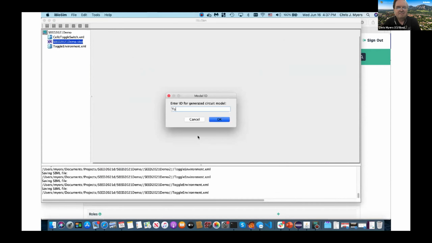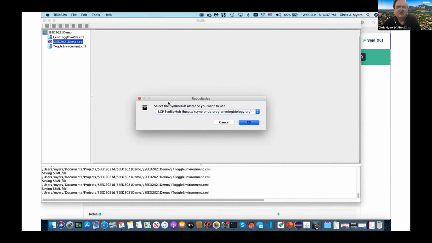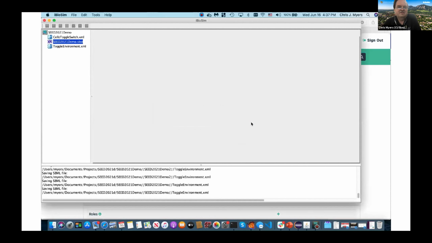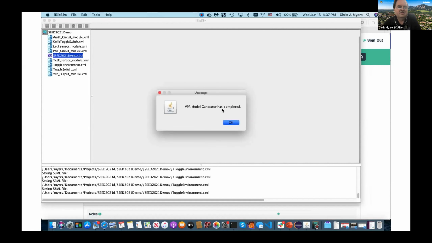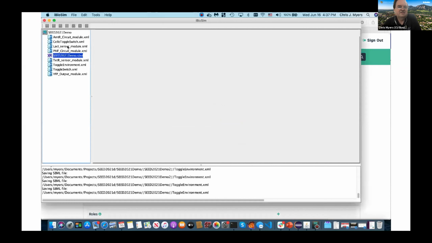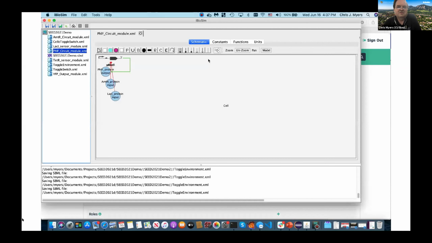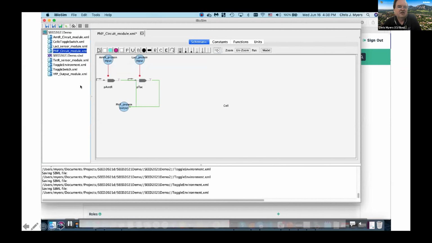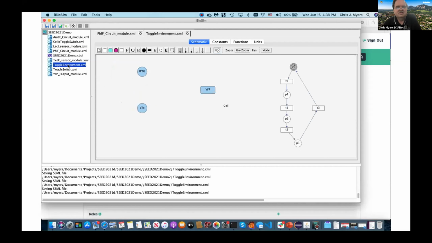Give the name to my model. This is where I want to get the interaction and modeling information. It's from that SynBioHub instance. So it's fetching all the interaction information in this design. And it's building a computational model and encoding it into the Systems Biology Markup Language, a data standard for modeling, or SBML. So what it's done is it's determined that there's these 5 different circuits. It's built models. So see, it's added the interactions that AMT and LAC-I repress the circuit that produces the PHLF protein. And I'm going to now instantiate the entire design into an environment module, which is going to simulate essentially